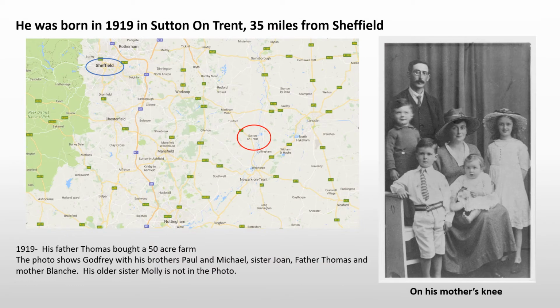In 1919, Godfrey's father Thomas became a farmer in Sutton-on-Trent, about 30 miles southeast of Sheffield. That was the year that Godfrey was born. Thomas found it very difficult to make a living out of the 50-acre farm sufficient to support his family with 5 children. I believe that being brought up on a farm with very little money set a framework for Godfrey